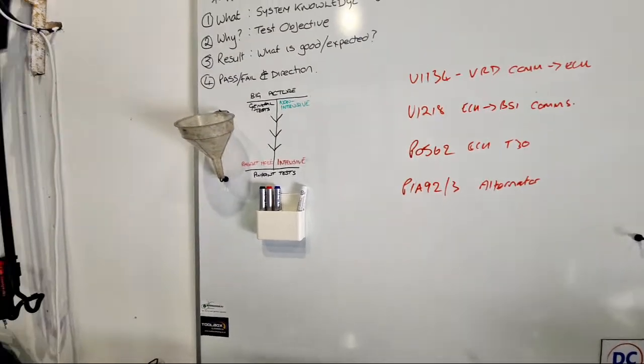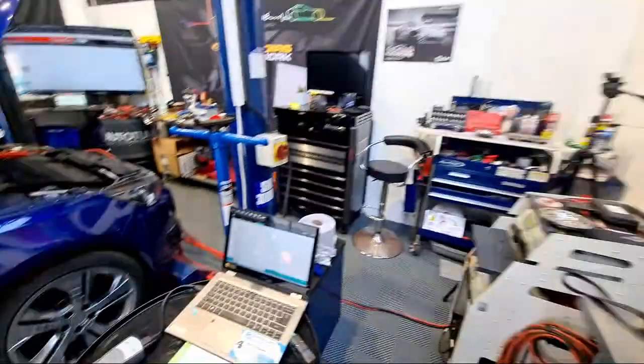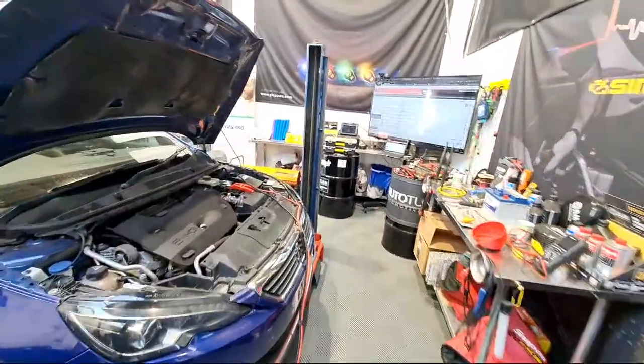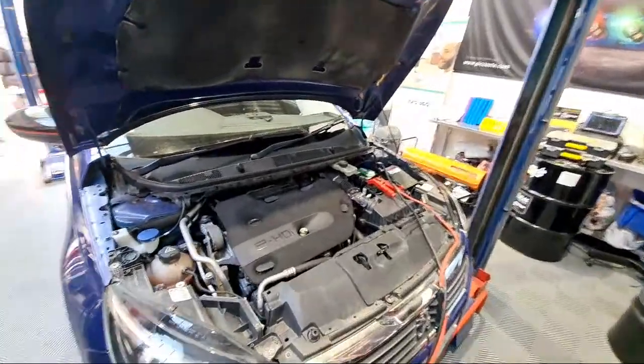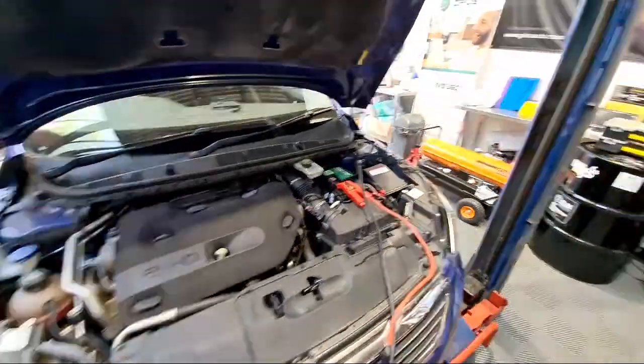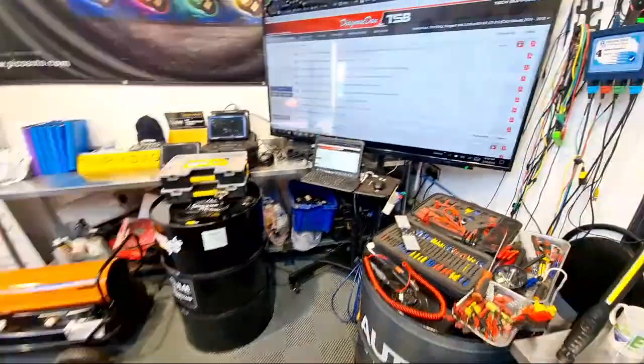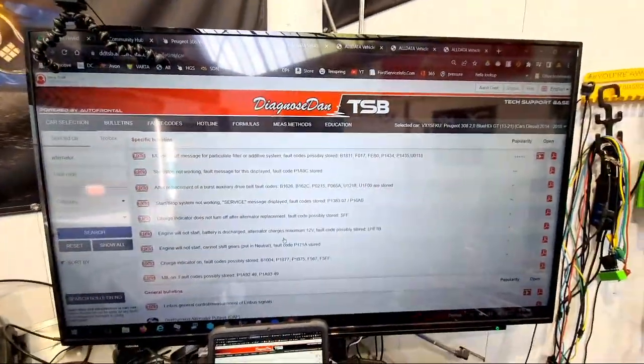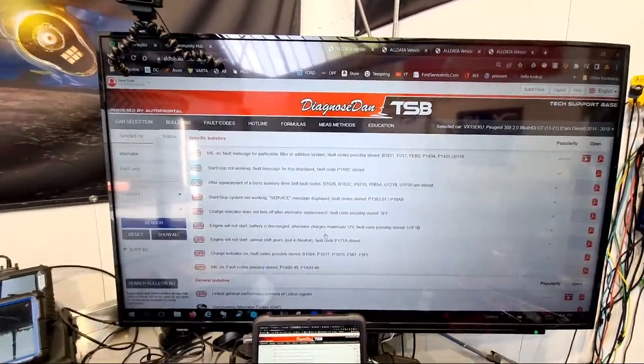So the question is, what information system do I use to diagnose this? How do I get a plan together to diagnose this vehicle? So the first thing with any diagnostic job we do, we go on to the awesome DDTSP, Diagnose Dan TSP